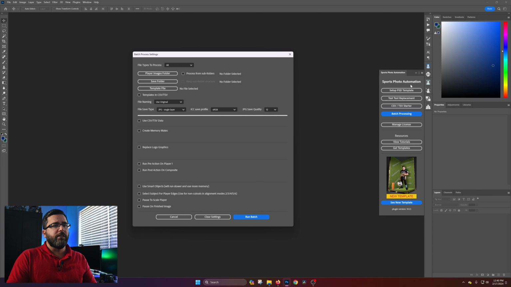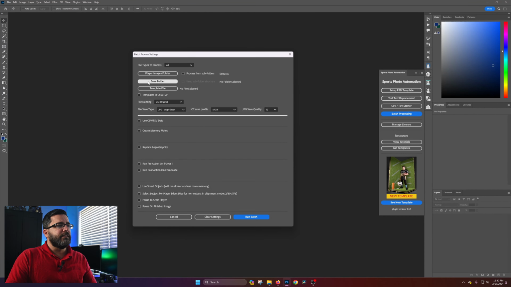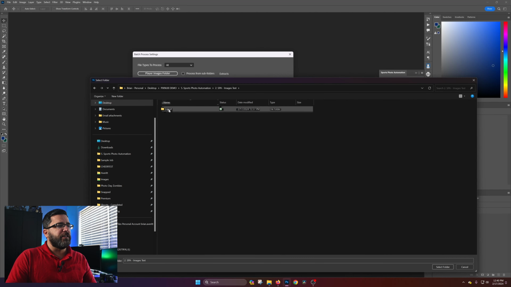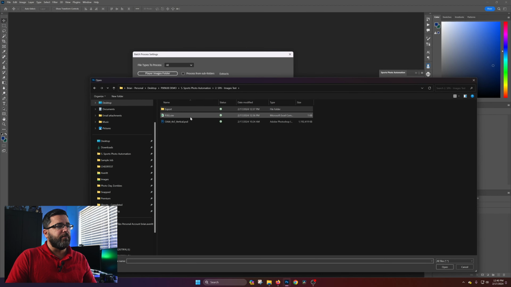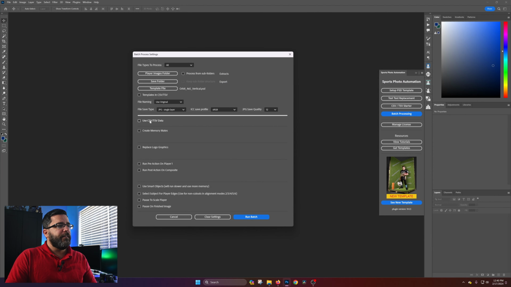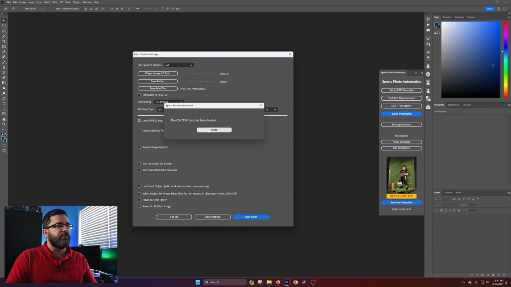We're going to click on batch processing under our sports photo automation. Player images folder is going to be where all of our extractions are. The save folder is going to be where we want our finished images to go. The template file is the template that we just verified. And then we want to feed it the CSV that we double checked. Click on full, you'll see it's been loaded. Again, I want to export at high quality JPEGs using the sRGB color space. I'm going to keep the same file naming. We'll get onto that later, but I want to pause on the finished